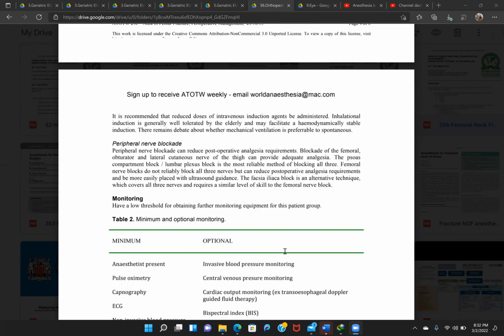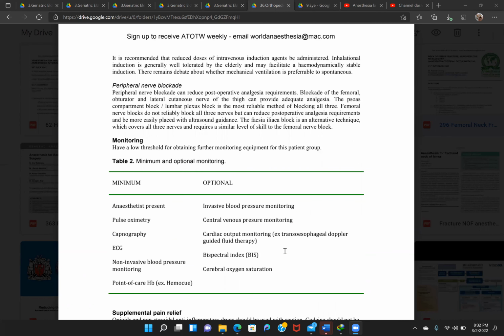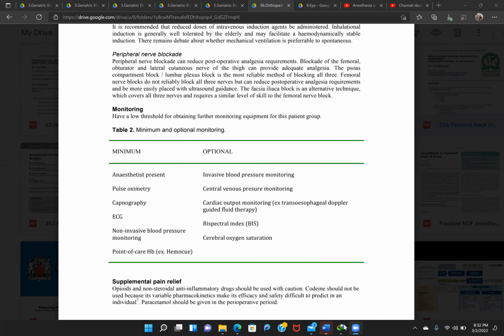Any question or any comment up till now? Yes, any comments about it? Because this is a very important scenario, especially for the people who are listening from Saudi Arabia, who are going for the Saudi Commission consultant evaluation exam. This is a frequently asked question, fracture neck of femur. Even in the European exam, they can ask you this question.